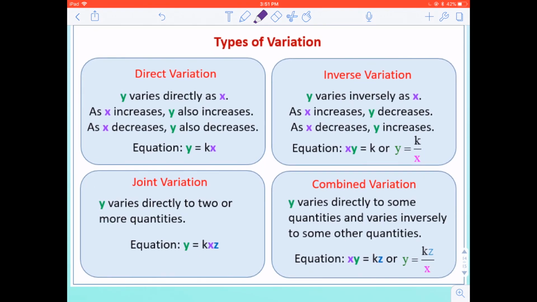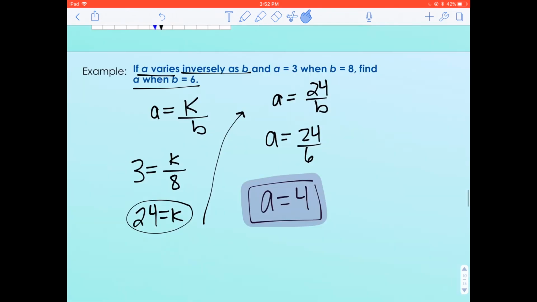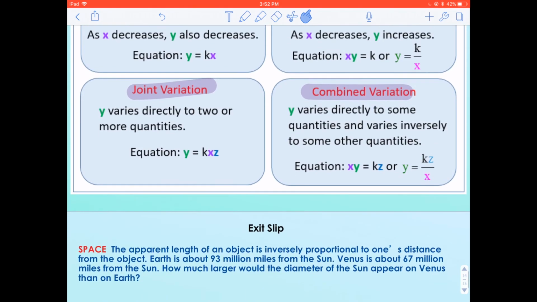All right, and this last slide just shows you the different types of variation. In summary, there's direct, inverse, joint, and combined. Please read through those as a summary and to make sure you understand. Okay, that's pretty much it. All right, those are the different types of variation. Okay, once you feel okay with this video and you understand